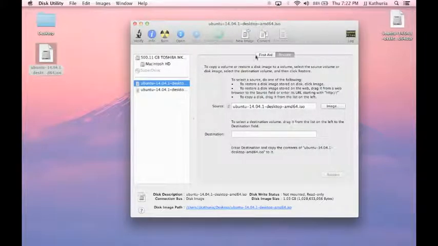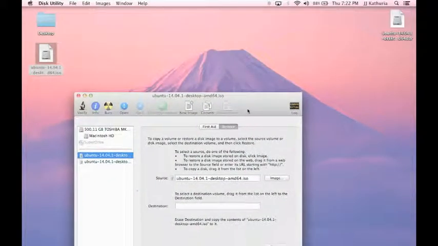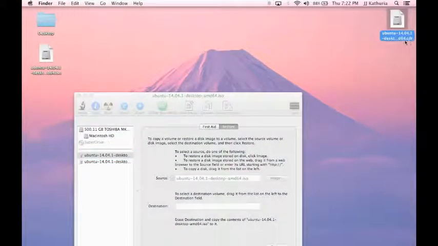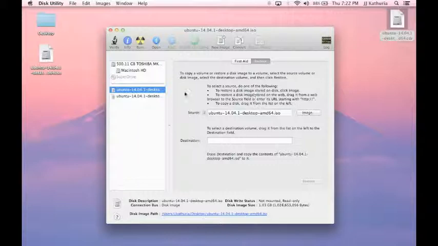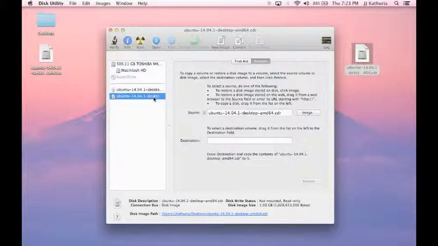And as you can see, it just finished now. We get a new file right here. It's called the exact same name, but instead of .iso, it's .cdr now. What we want to do is grab this and drag it over into here, and once you drag it into there, you want to click on it, and you want to go to